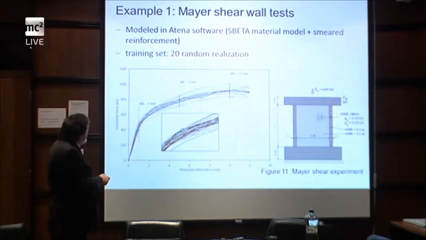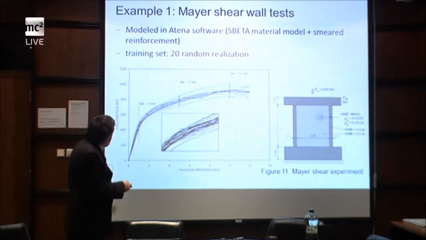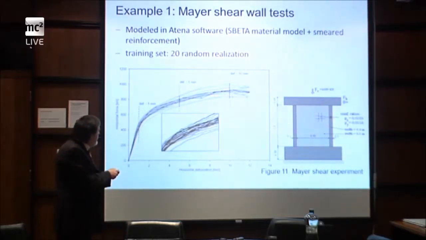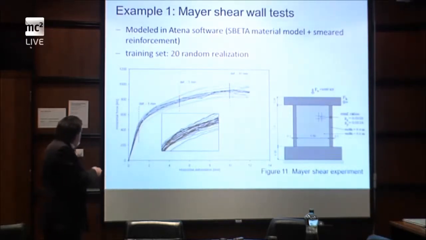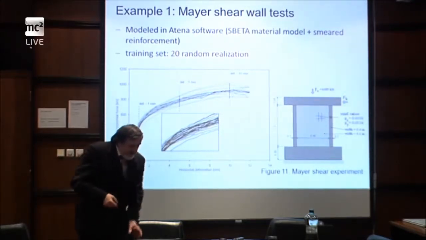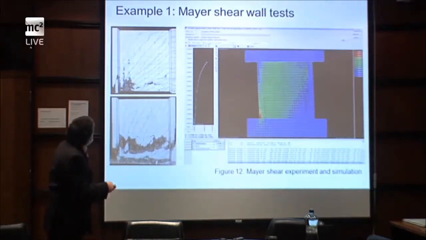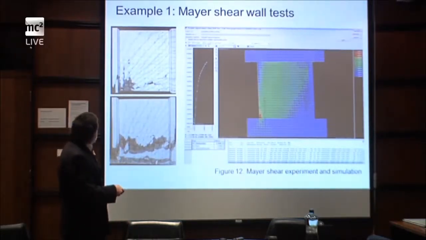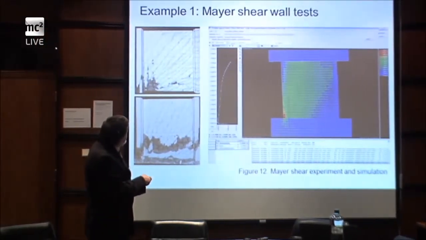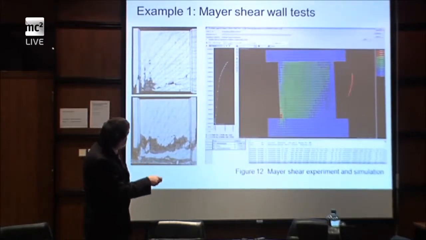And you can see that none of these curves copies the experimental curve exactly, right? But this bundle of load deflection curves plus the set of realizations was the food for the neural network. And we wanted to capture the experimental curve as well as possible at some level of deflection, here and here. We also did sensitivity analysis, right? This is a computational model in the Atena software, where you can see the experiment with crushing concrete here, and this is the model and the load deflection curve at some specific step.